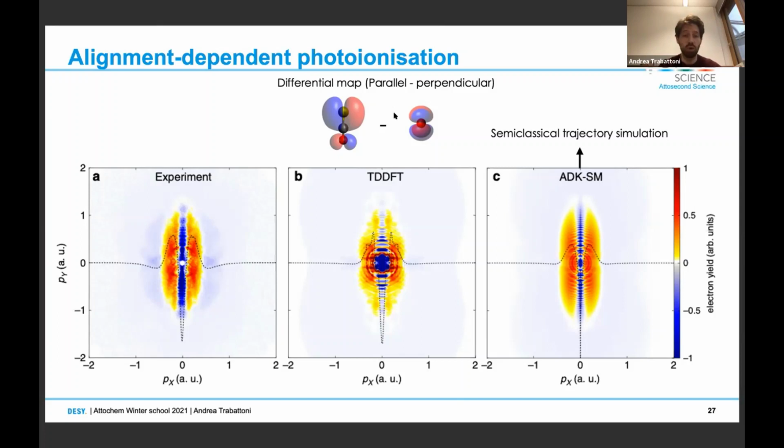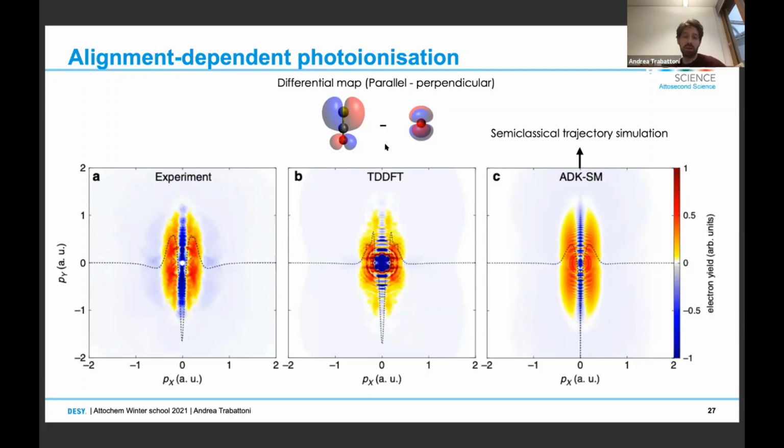But this is quite understandable and also intuitive, because in the case of parallel alignment, even if we have a laser polarization that is aligned along the vertical axis, the symmetry of the HOMO orbital from which we were ionizing is inducing an angle of ejection on the electron. So it makes the electron acquire a lateral momentum and an angle of ejection. And this is the reason for which we have these lobes that have a larger transverse momentum. While for the case of perpendicular alignment,